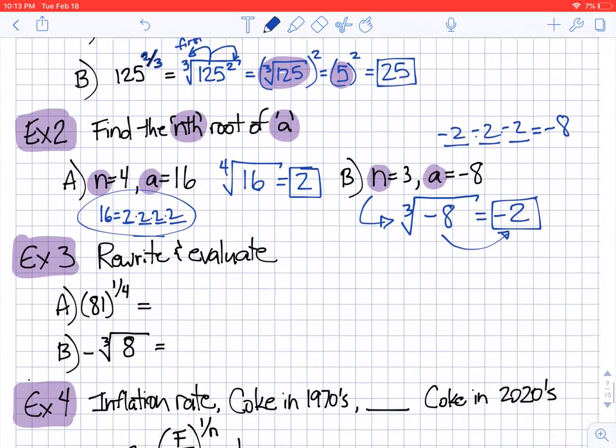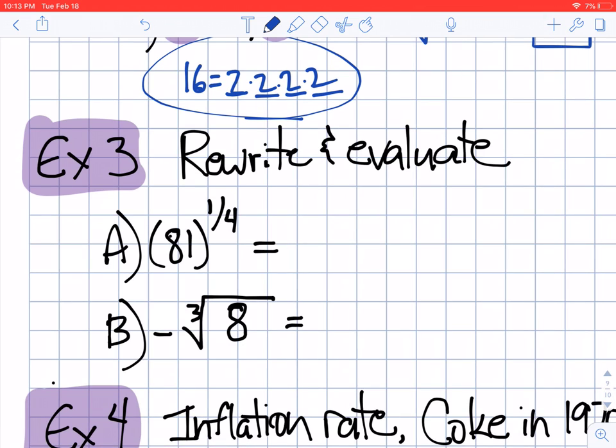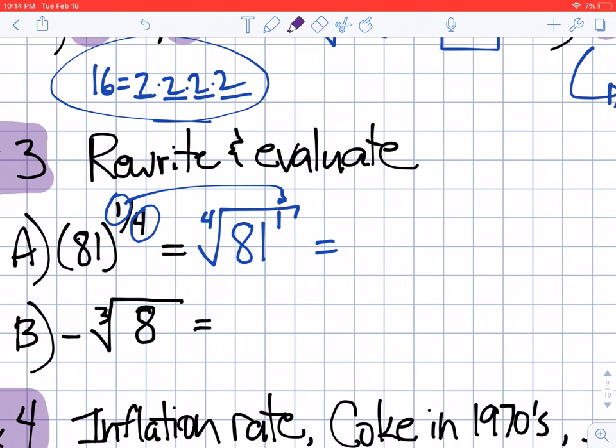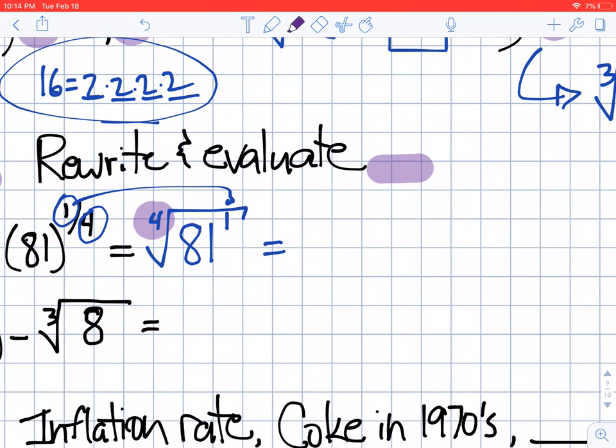All right, next to last, rewrite and evaluate. So this was like our first example. Again, write the 81, put the power there, and then this becomes your index outside. Again, always work on the index first. So what number times itself 4 times is 81? And hopefully you can see that that would be